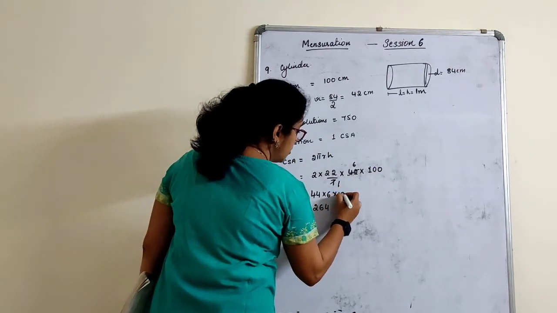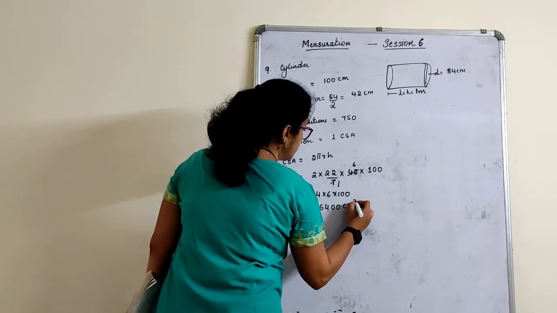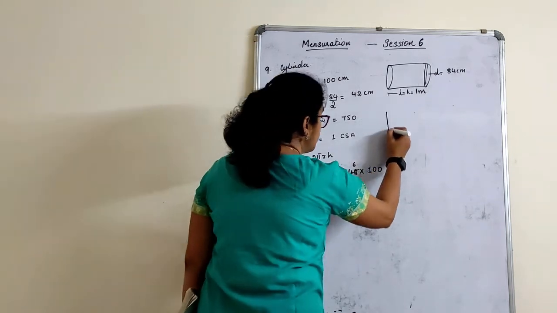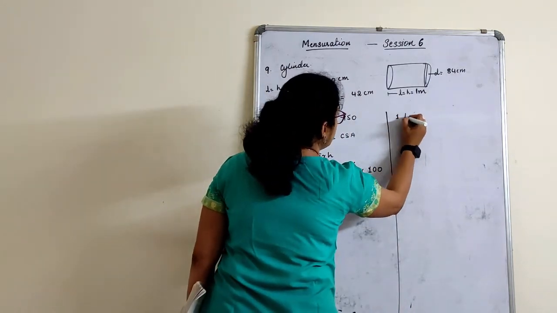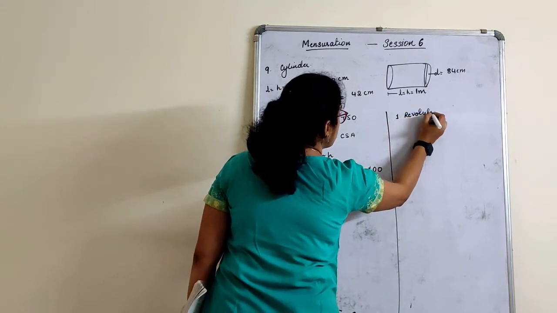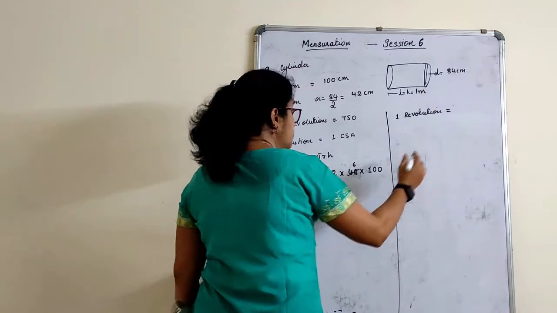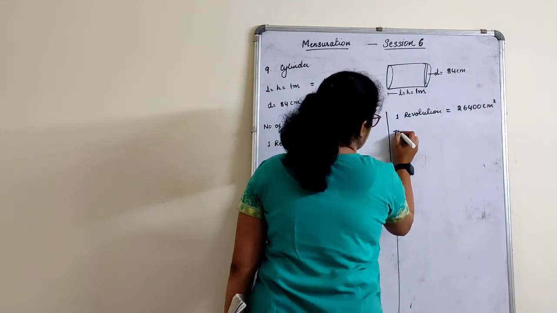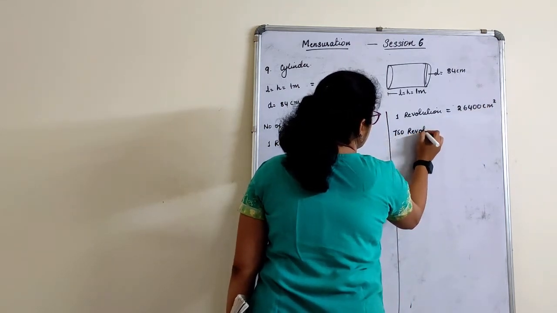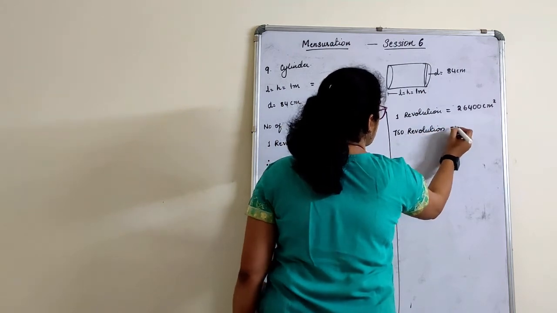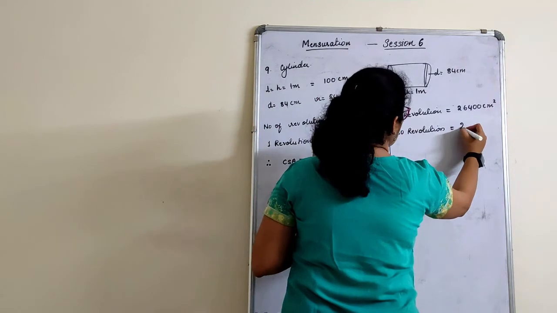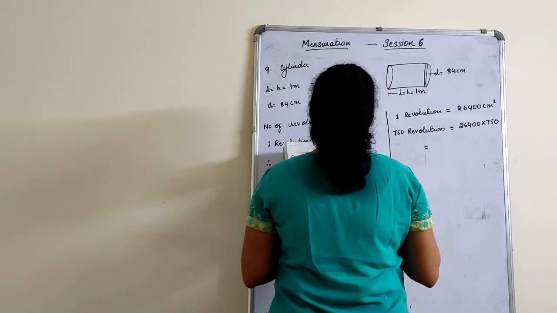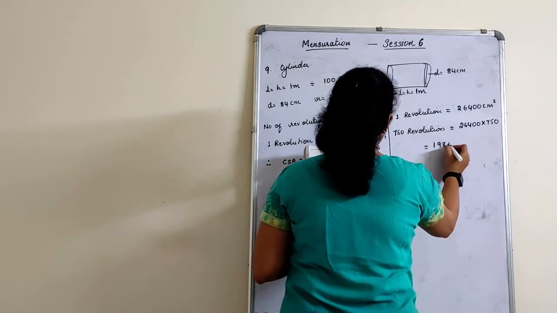So 6 into 100 centimeter square. So 1 revolution is equal to 26400 centimeter square. 750 revolutions is equal to 26400 into 750. So you will get 198,000,000